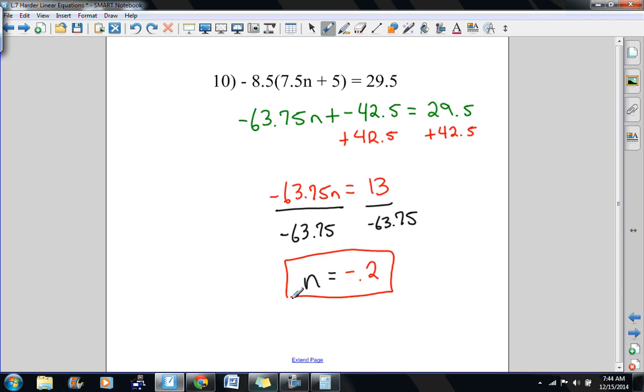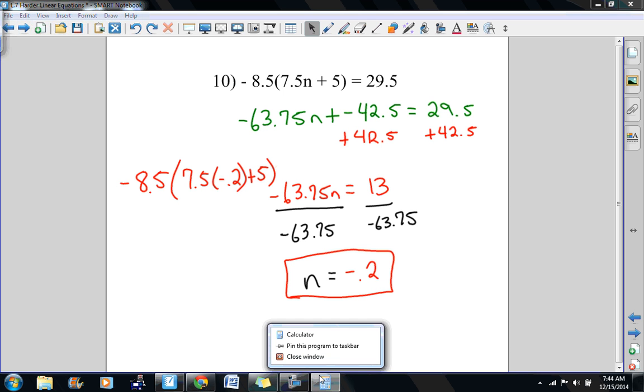Now I really want to check my answer here. So I'm going to go negative 8.5 parentheses 7.5 times negative 0.2 plus 5, and that has to be equal to negative 29.5. So 7.5